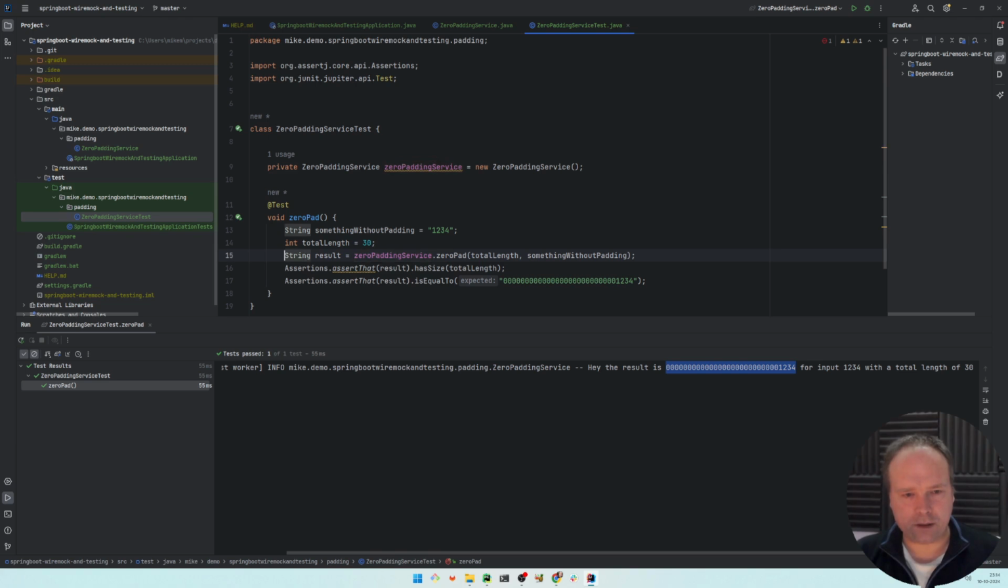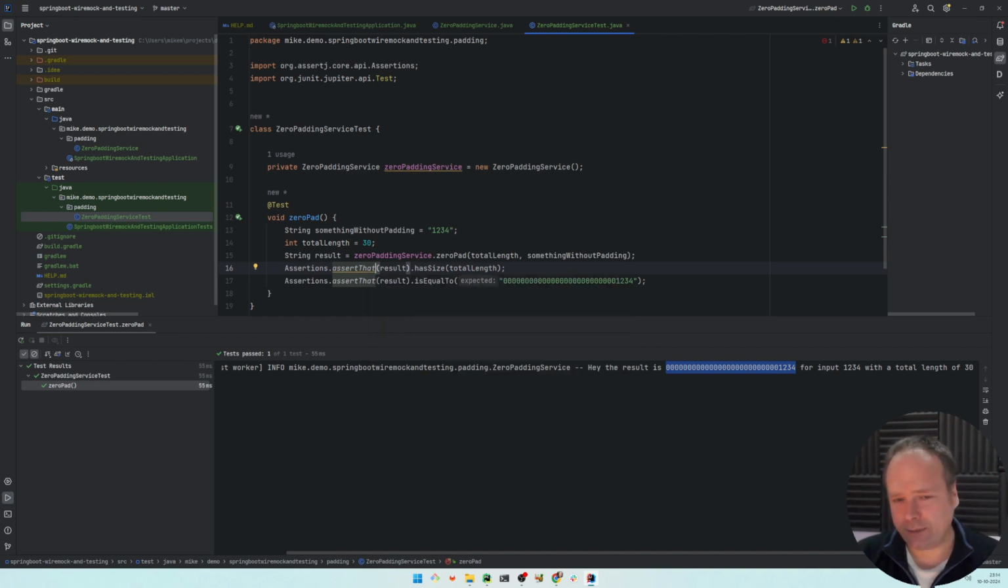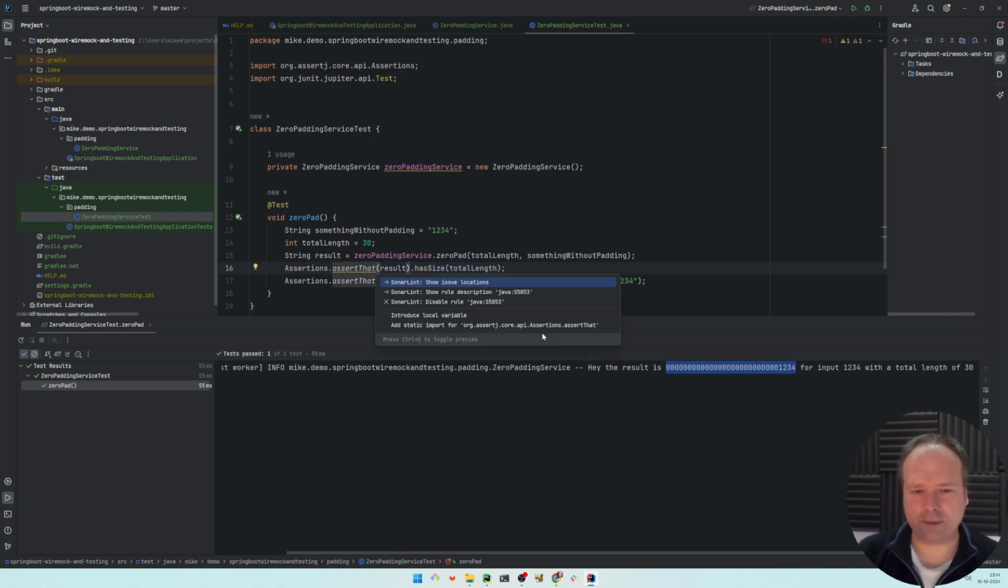Okay, so now let us try to look at what is wrong right here. First of all, in our test, we get a warning right here. So let us solve the warnings. It says join these multiple assertion subjects into one chain. Actually, we did not need that. Of course, when we have an isEqualTo down here, then we do not need a hasSize up here. Now we're going to leave it anyway, just for fun, because then we can press Alt Enter,